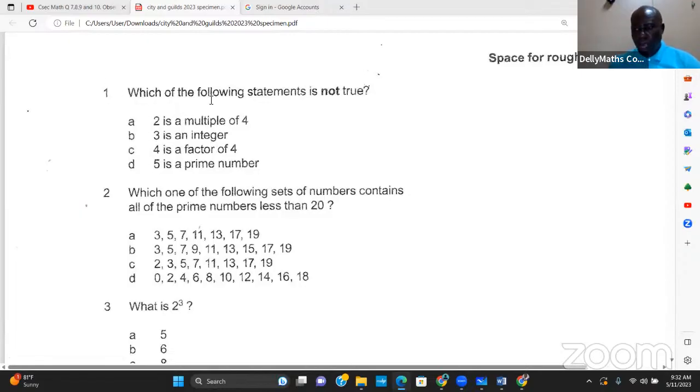All right, let's look at question 1. Here is question 1. It says, which of the following statements is not true? With a question like this, what we want to focus on is